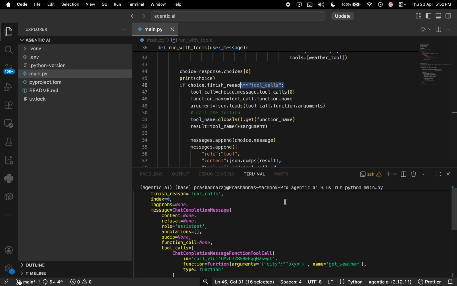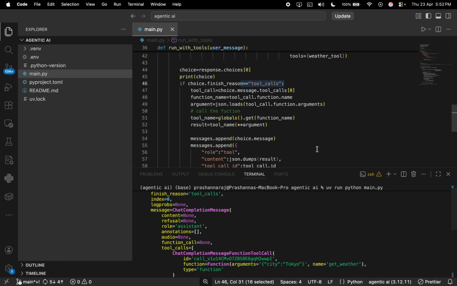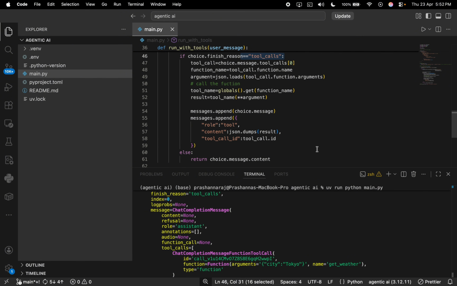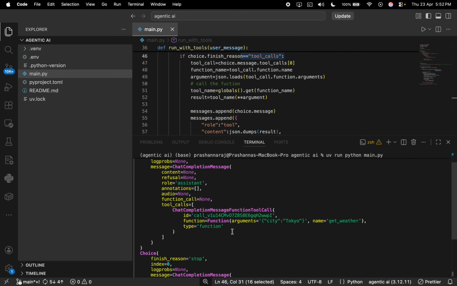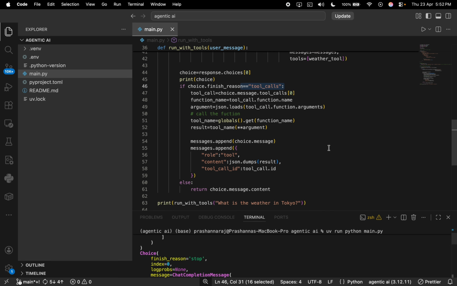But in the first run, when we ask the LLM what is the weather in Tokyo, the LLM says that I want a tool to answer this, and it returns the tool ID and the function, which is get weather, and the arguments. And we can see that this is a JSON string, right? And we have to convert this into a dictionary,